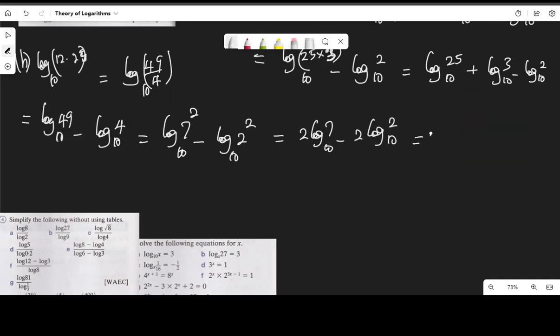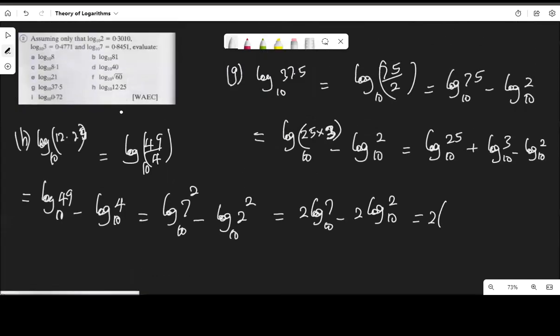which is 2 multiplied by log 7 to base 10, which according to the question is 0.8451, then minus 2 times log 2 to base 10, that is 0.3010, which is 2 multiplied by this. 2 times 0.8451 is 1.6902. 1.6902 minus